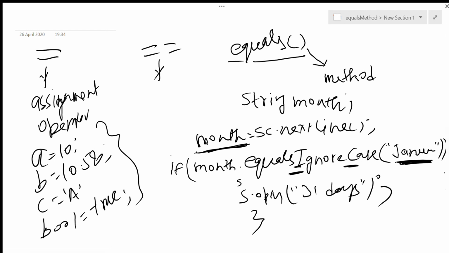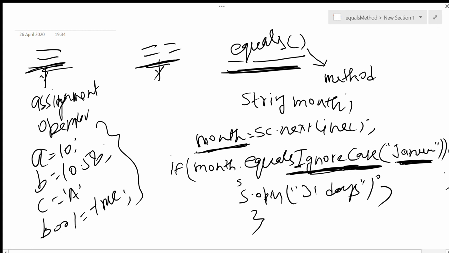Ignore case is used here, and to check the ordering, greater than or less than, there is another method known as compareTo. We are going to do it afterwards. Since I gave you that question of inputting a name of a method, I thought I should tell you about equals. So there are three things here: the assignment operator, the comparison operator, and equals that is used for comparing strings for equality. And you can also add ignore case with it to avoid case problems, lowercase and uppercase.